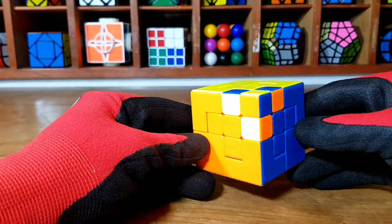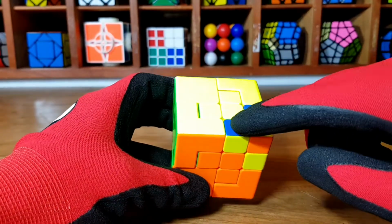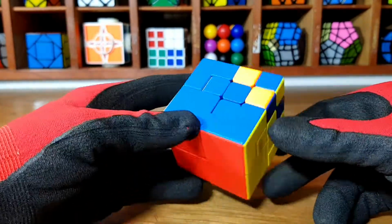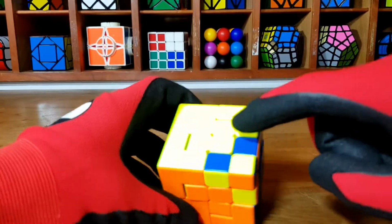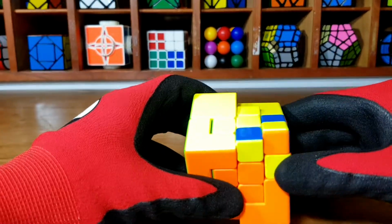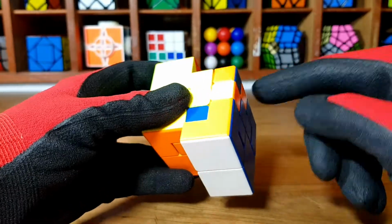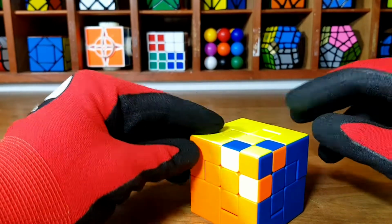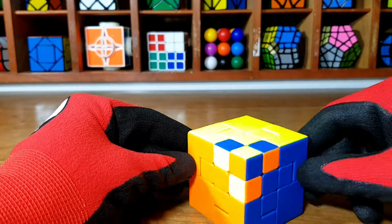Okay, something else I really wanted to cover in this. It's fairly easy, but obviously when we're switching these three around, you can do it whatever angle you want, as long as you don't get any bandage in. But you might get a situation like this, where you've got these three that are incorrect. It's not a problem bringing this up here, but then of course, as you bring this up, you're going to push this away. So you're going to have to think about some setup moves, and obviously I can't go through every situation, but I give you the tools, and you're going to have to figure it out. So what would we do in a situation like this,